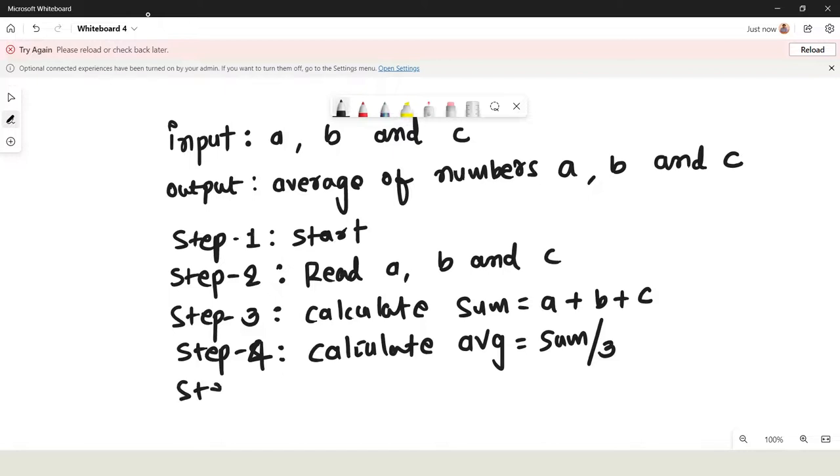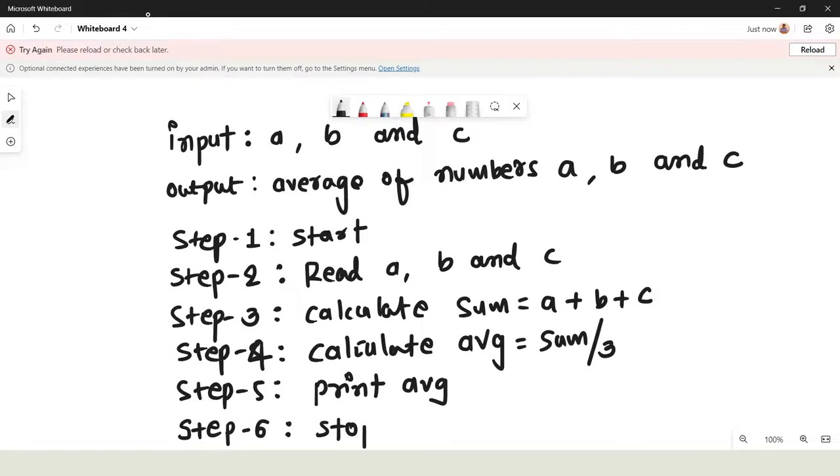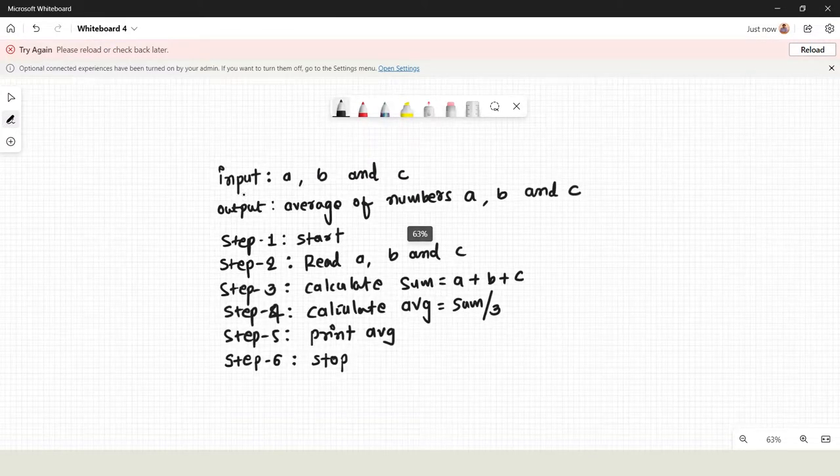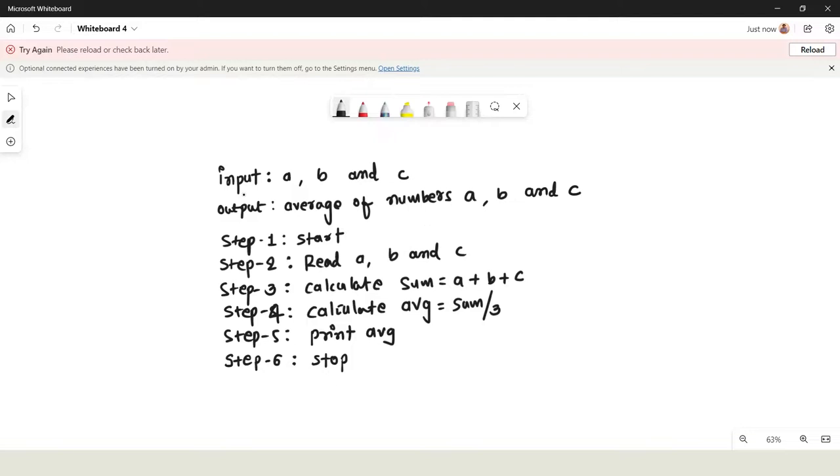Then step 5, print avg. Step 6, that is stop. It's very easy, right? So what is the solution? This is the solution of which problem? An algorithm